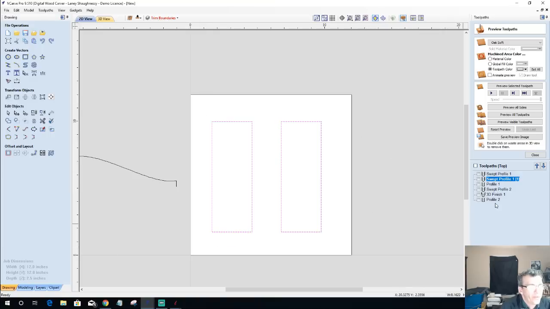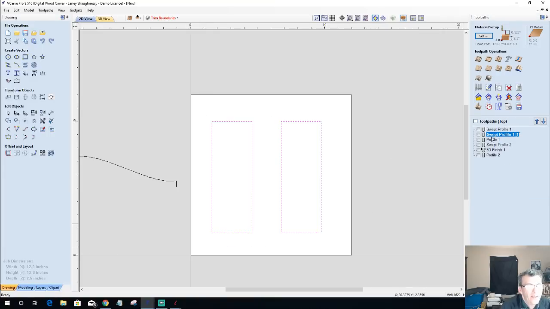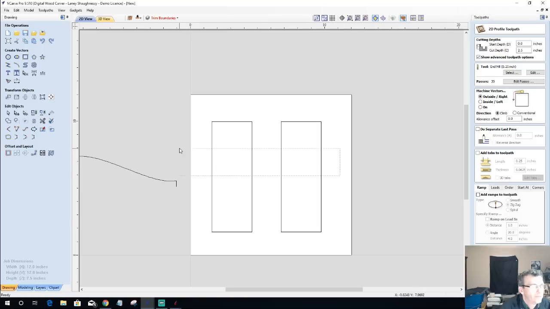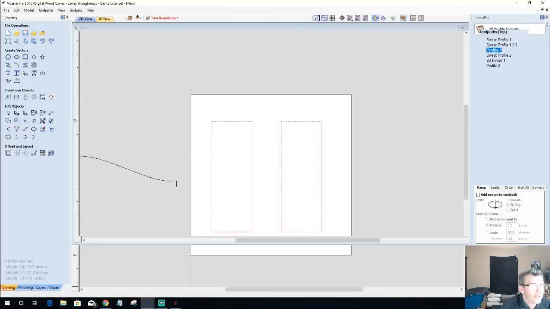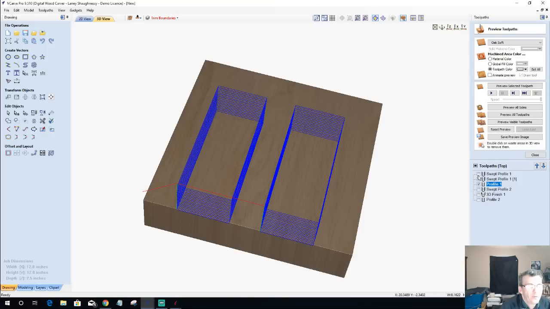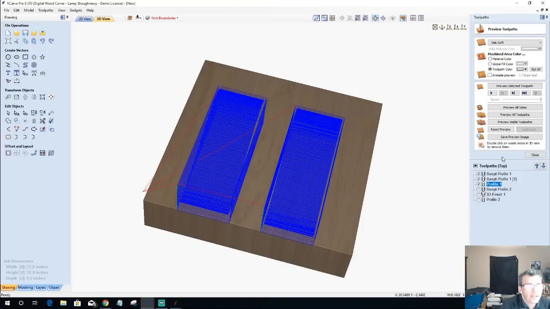And I'm going to use both of those for a profile toolpath, cutting through my material with a 1/4 inch end mill on the outside of the cut. And if we preview our 3 cuts,